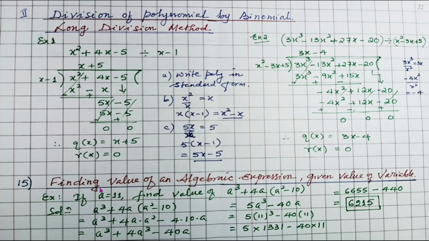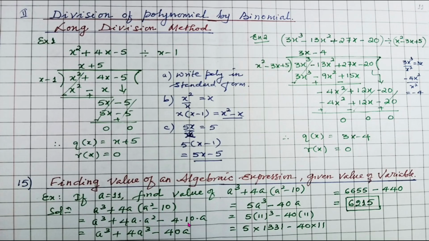Now the next important study is finding value of an algebraic expression given values of variables. Now here we have given a is 11 and we have to find the value of this algebraic expression. So first let us simplify this. A cube plus 4a square minus 10 becomes a cube, plus into plus is plus, 4a into a square, plus into minus is minus, 4 into 10 into a. So it is a cube plus 4a cube minus 40a,